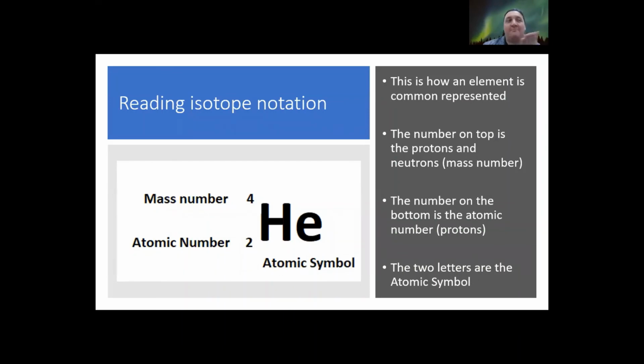By the way, if they're the same, then the mass number and atomic number are the same. Usually it means it just doesn't have neutrons. If you want to find the number of neutrons in an isotope, simply subtract the big number, the number of protons and neutrons, by the number of protons, the atomic number. In this case, the mass number is 4, being 4 protons and neutrons, and the atomic number is 2, being 2 protons. Subtract 2 from 4, we have